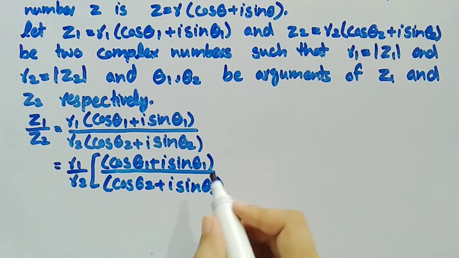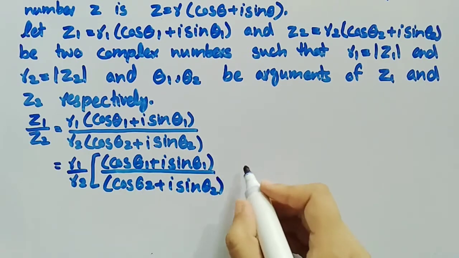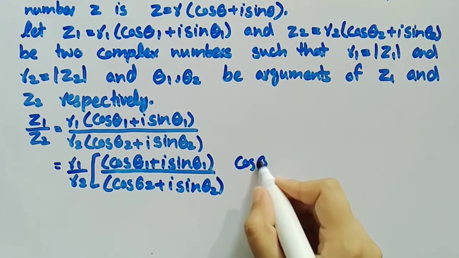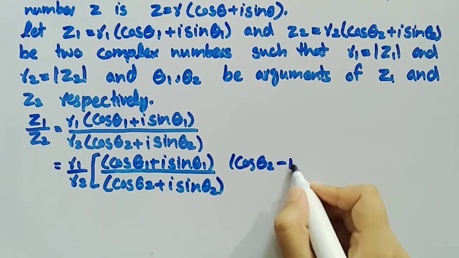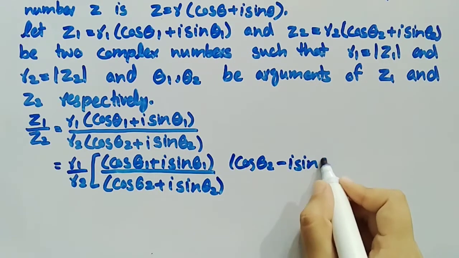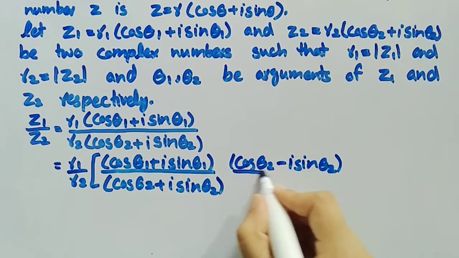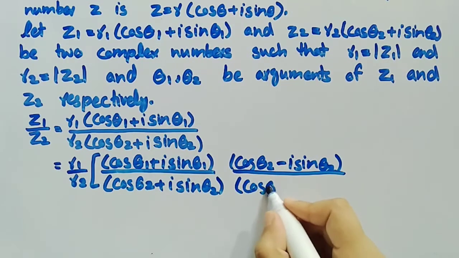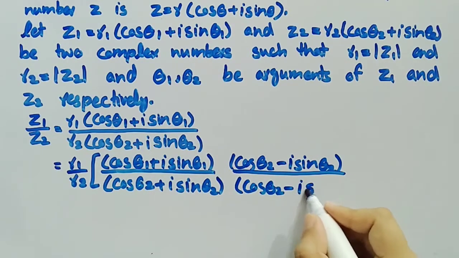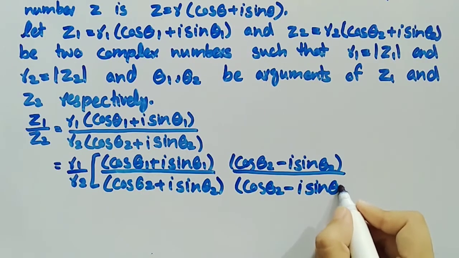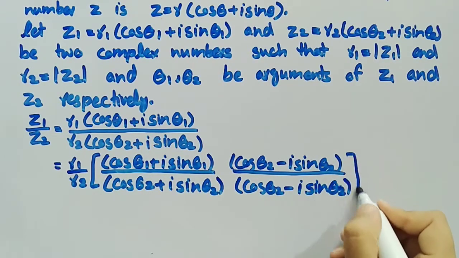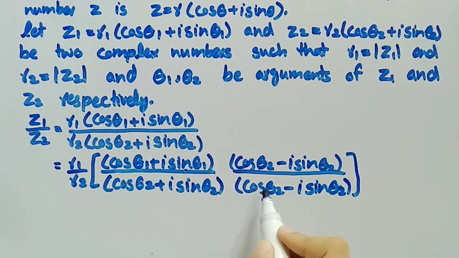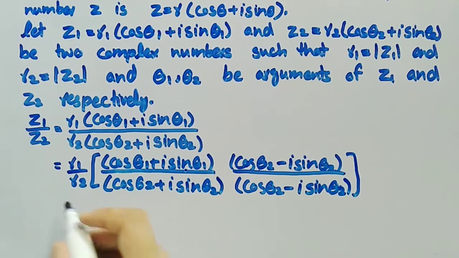Now we will divide and multiply it with cos theta 2 minus iota sin theta 2. Divide it with cos theta 2 minus iota sin theta 2. Now we will multiply these terms and write it in next step, and we get